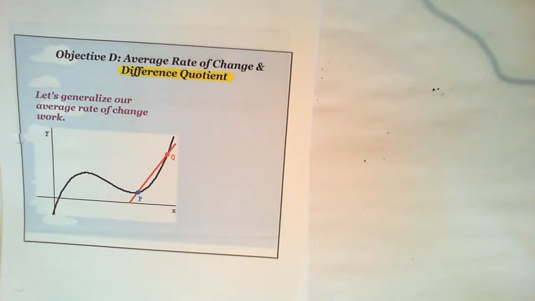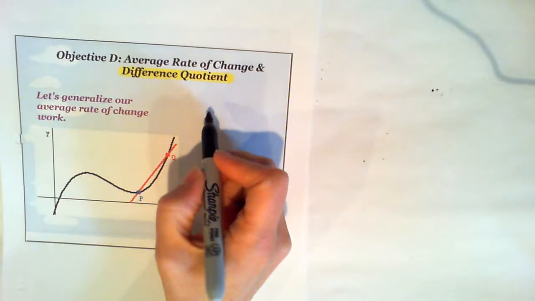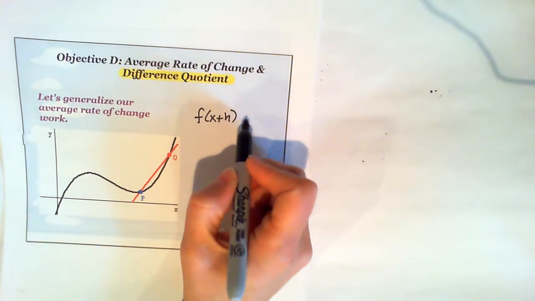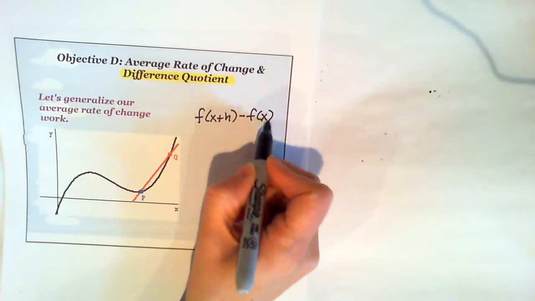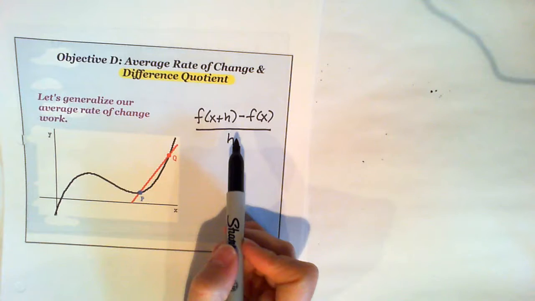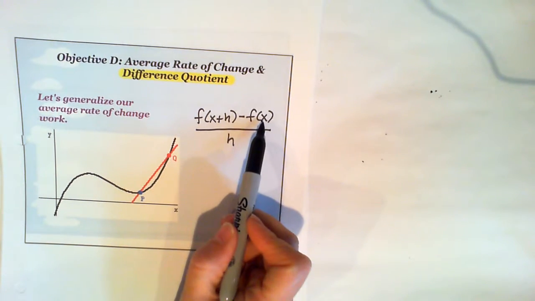Give you the formula for the difference quotient. So the difference quotient is f of x plus h minus f of x over h. So what's really happening is saying, when we had x2 in here and this was x1, saying this